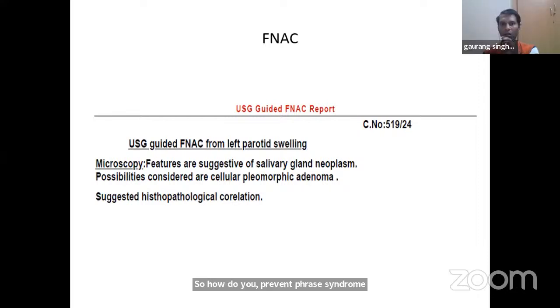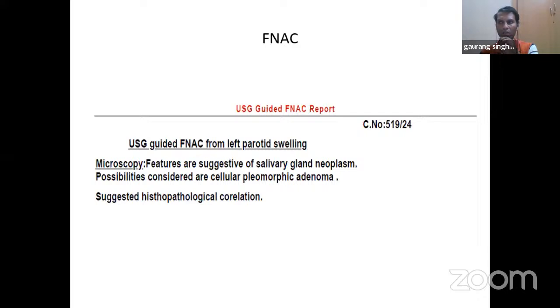So, for that, you should raise a thick flap. Thin flaps should be avoided. So that is the way to prevent Frey's syndrome, sir. And if at all a thin flap is elevated, you can put an interposition soft tissue between the skin and the leftover facial nerve, so there will be an intermittent soft tissue. Like put fat or temporoparietal fascia